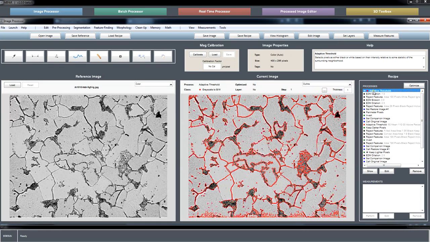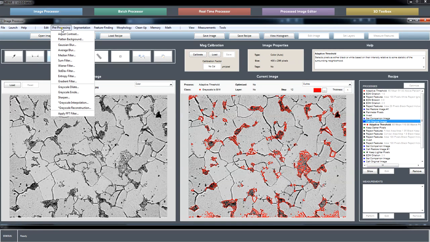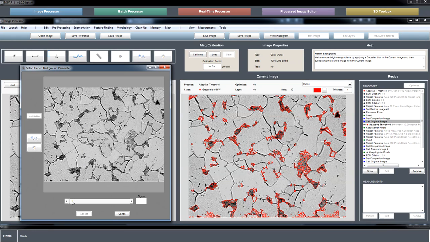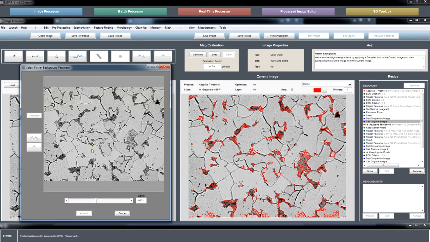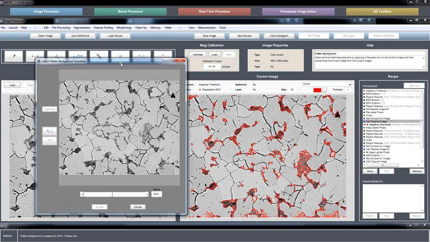You could end up just at the very top or prior to this adaptive threshold step. You might want a background flattening step that gets rid of this subtle gradient from top to bottom. Flatten background, you usually end up, and that's there. We've just run into that problem where you set the slider towards the middle since that's intuitive, but that ends up